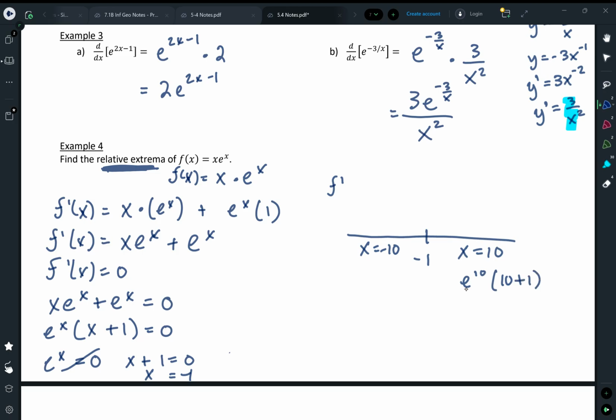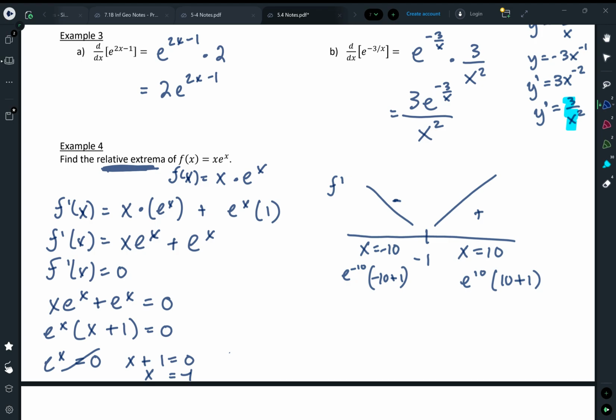Well, e to the 10th power is a big positive number. 10 plus 1 is also positive. Positive times positive, positive. Let's think about e to the negative 10th power. Well, that's going to be positive, right? It's just a fraction. But then we'd have negative 10 plus 1. So positive times negative is negative. So it looks like we have a minimum at x equals negative 1, but we want to actually figure out